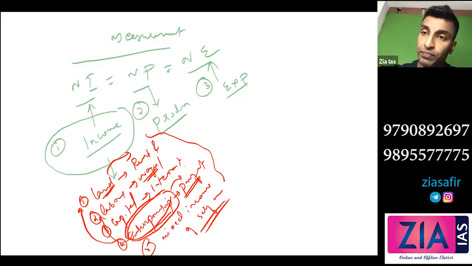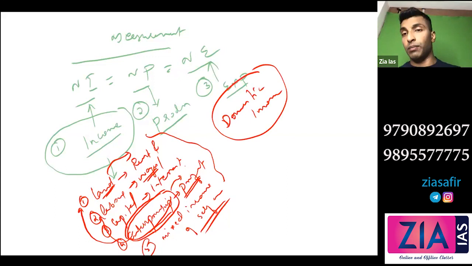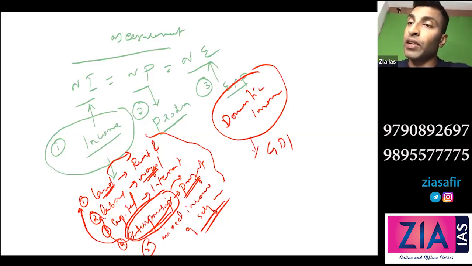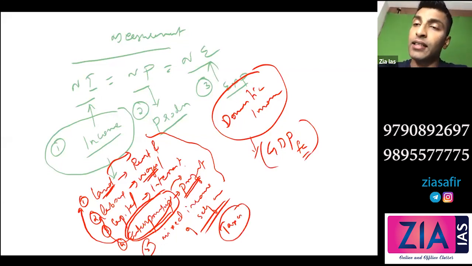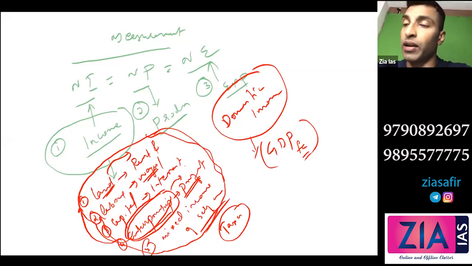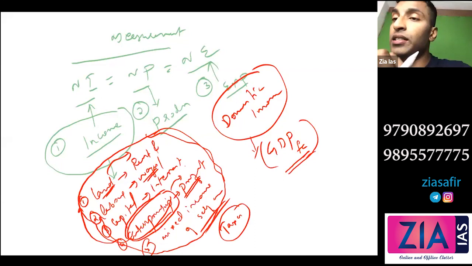So adding all these, what you get is the domestic income. Okay, so we are talking about the Indian case, so we get the domestic income, meaning whatever is actually produced in India. Now, what is domestic income? I forgot to mention it along with national income. It is nothing but GDP. GDP is your domestic income. Okay, so you will get GDP at factor cost. Why is it factor cost? Because we are not taking into consideration the taxes. Here, taxes are not considered. Only the income which is generated is considered. Only value addition is coming. So we get the domestic income here. Domestic income means GDP at factor cost.